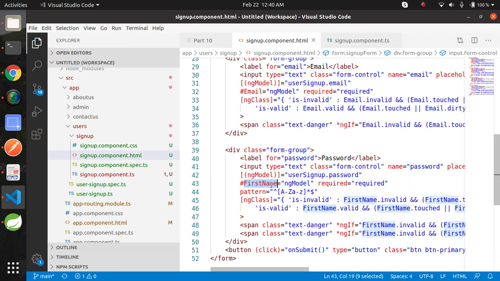Just replace the template reference variable here and then copy this template reference variable and replace it everywhere.